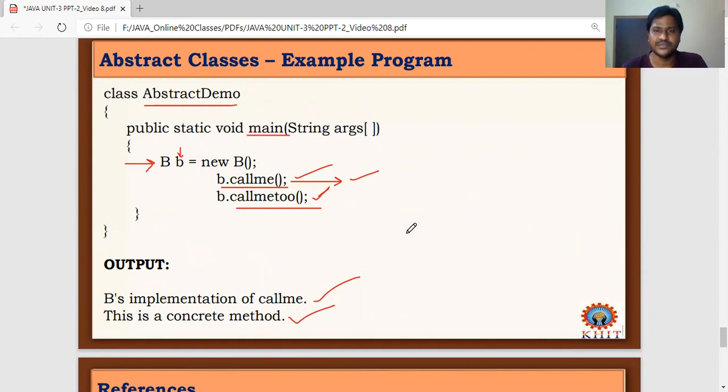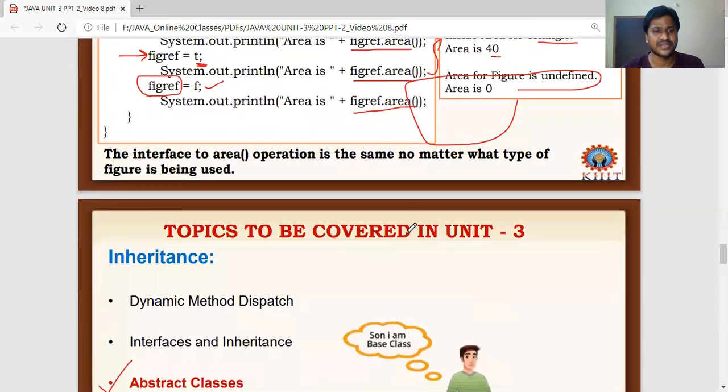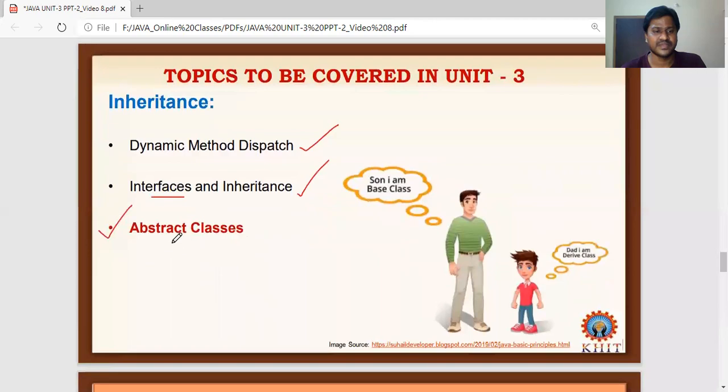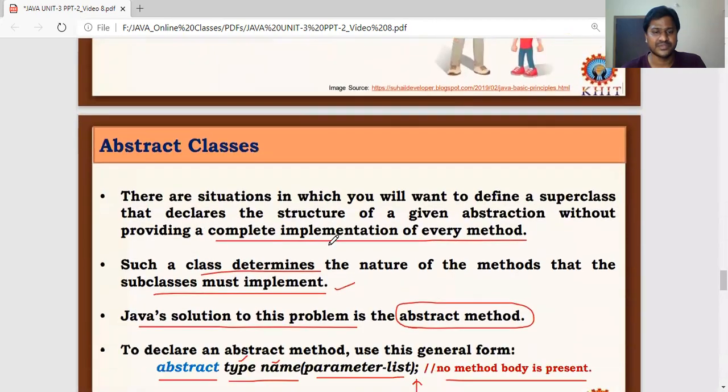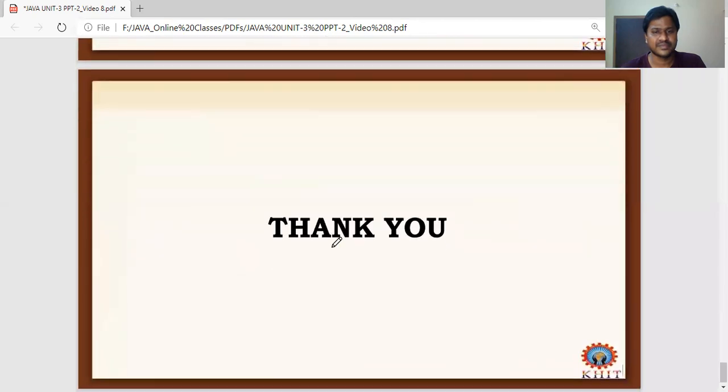So what we covered in this video: first, dynamic method dispatch related to the overridden method concept from the previous video. Then interfaces and inheritance: what the motivation is, and where this inheritance concept got motivated and was taken as the origin to develop interface-like classes in the Java language, in the abstract classes. Got it? Thank you.